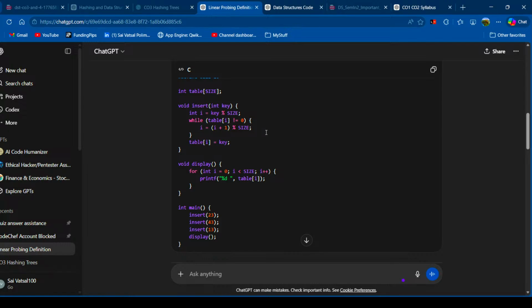Display 0. So use a for loop for i equal to 0, i less than size, i plus plus, and curly bracket open. We have to print the for loop, percentage d, table i, and again close. We have to use the main function. In most compilers, we can skip the main function in output, but we are writing in an exam now, so we have to use the main function